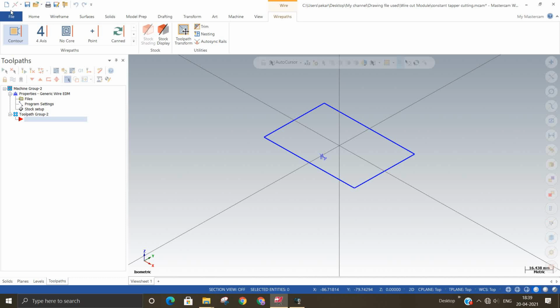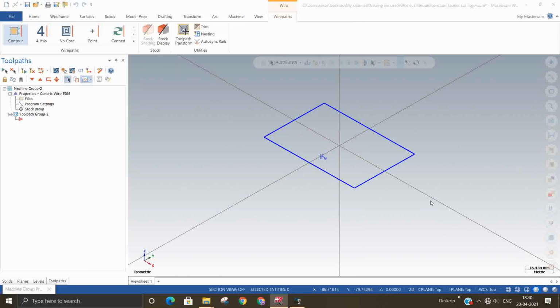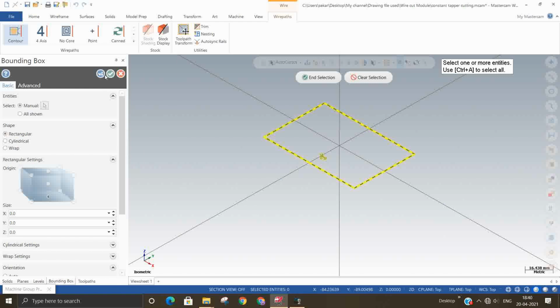Hi. Now we are going to see constant taper cutting. How to do the constant taper cutting? This constant taper cutting is not coming in the fourth axis. You can do this in the fourth axis in the contour toolpath itself. There is a taper option available. First, we'll do the stock setup for this